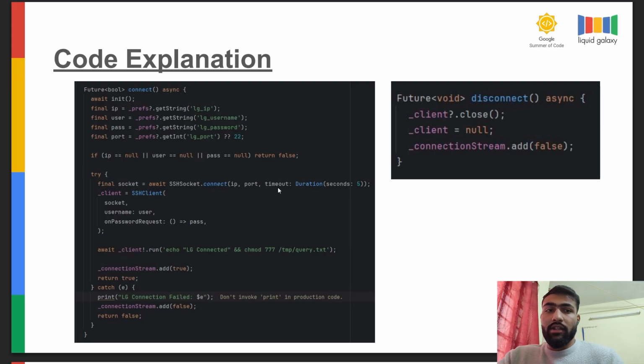Then it will run for a duration of 5 seconds so that the connection does not get cancelled, and in the SSH client it will pass the socket, username, and password request, which will get us connected to the LG rig. Then once connected, it will run the permission chmod 777 to request the LG rig to give the permissions to override the content. Then on the connection stream, the boolean we have created, we will add the value true. If it is throwing an error, we will print LG connection failed in the debug console,